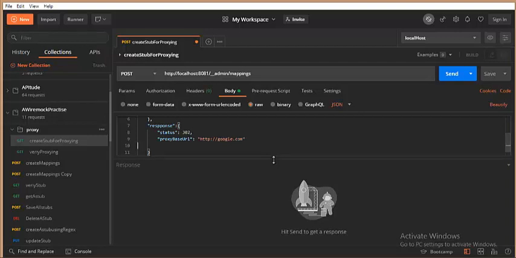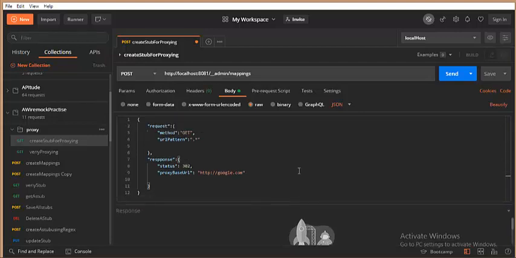So let us create a stub for it by invoking this one. I think you guys have a good understanding of this particular contract. When I do a get call to any endpoint, any context URL, and I say .star, it means I'm not specifically looking for a particular matching URL. Anything that comes after the host name is fine for me. So when there is a call, please do route it to google.com.